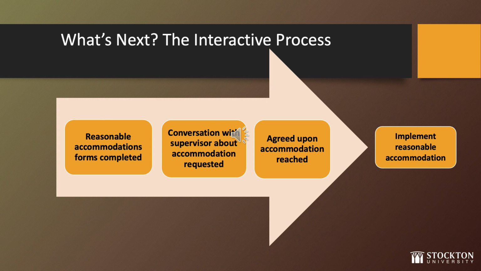Once the employee and university identify a reasonable accommodation, the Pensions and Benefits Manager will memorialize the outcome of the interactive process in writing, which is then provided to the employee and the supervisor. Depending on the disability, the letter may also inform the employee that the accommodation will be reviewed within a certain period of time and that the employee may need to provide updated medical information if the accommodation needs to be extended. All employees have an obligation to immediately inform the Pensions and Benefits Manager of any changes in their medical condition.